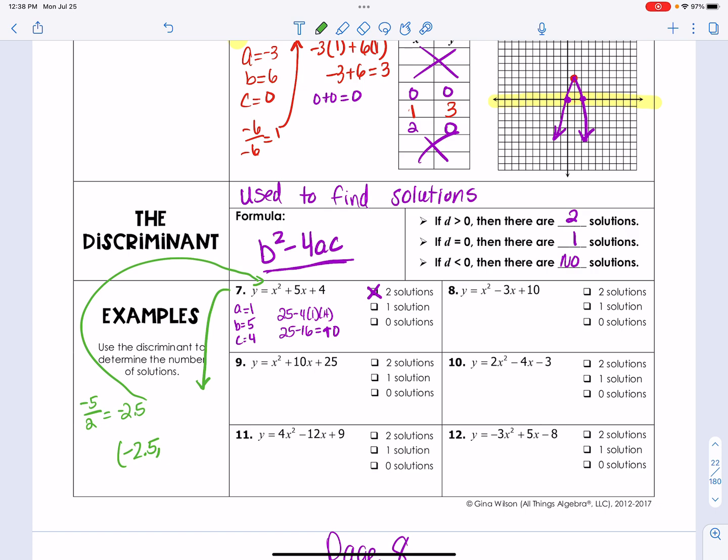And when I plug that in there, I'm going to take my calculator and do, in parentheses, negative 2.5, parentheses squared, plus 5 times 2.5 plus 4. And the answer is, oh, I forgot the negative sign, times a negative 2.5. I forgot the negative. The answer is a negative 2.25, which means if I were to sketch a graph of